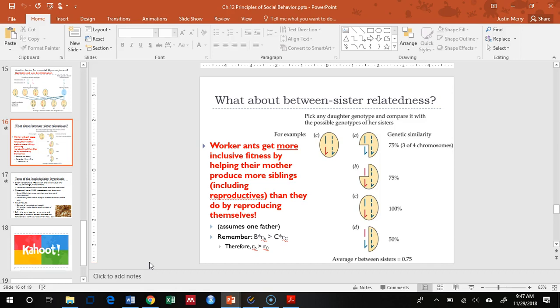So in this case, they would not share any chromosomes. Here they would share 2 out of their 4 chromosomes. The other 2 were from a different father, though, so they wouldn't share them. Here, they'd share 1 out of their 4 chromosomes, because again, they've got a different father. And here, they would share 1 out of their 4 chromosomes. So if you go through and add those up, that'd be 25 plus 25 plus 50 plus 0. Divide by 4. It does give you a 0.25 relatedness. I think that's the hardest.